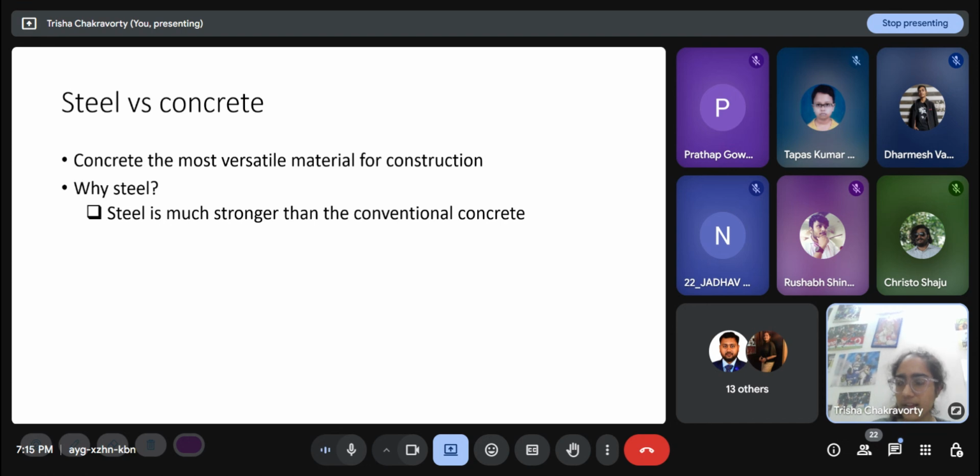That is quite obvious, because even in concrete structures we put steel reinforcements. Why do we do it? Firstly, concrete has no strength in tension. Concrete can only take compression. That is why we put the steel reinforcement: someone has to take the tension, because in case